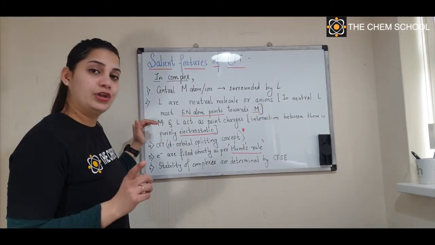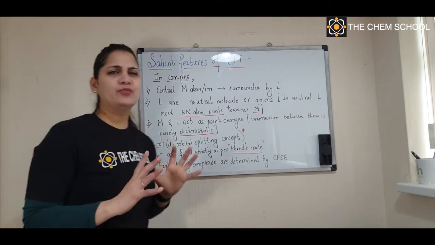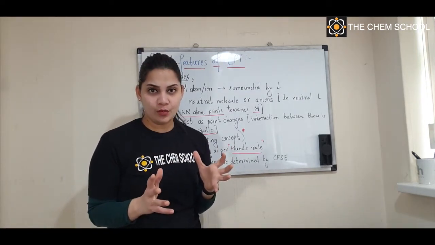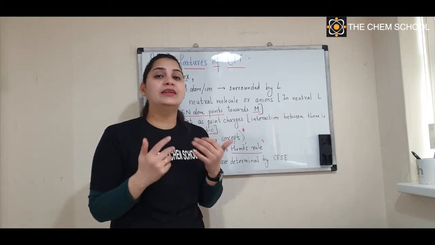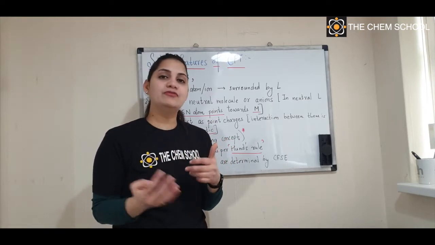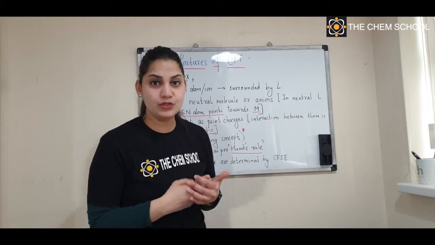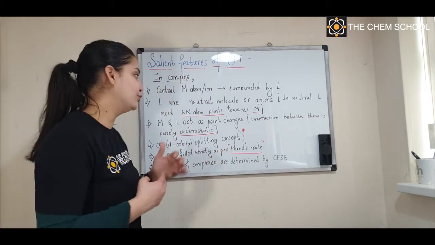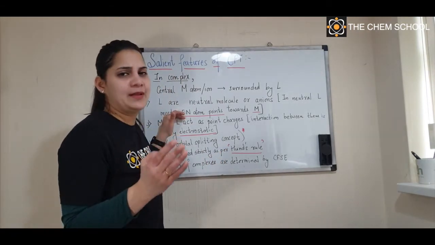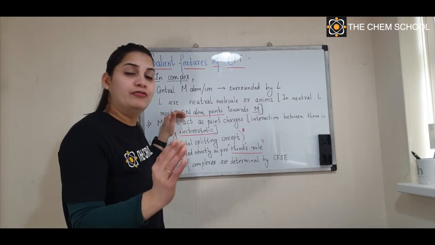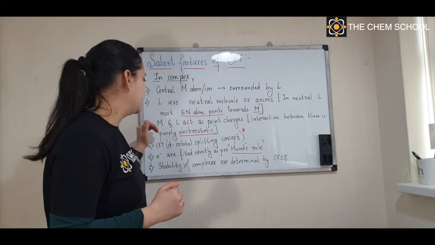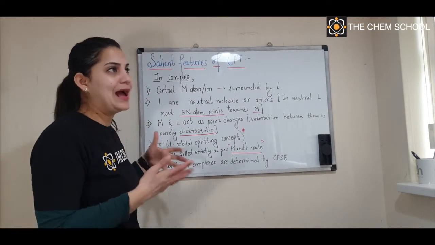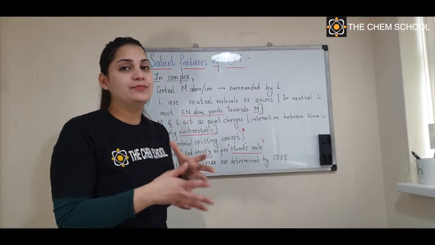The next thing that you need to remember is, suppose you have more than one highly electronegative atom close to each other, then the more electronegative one will most of the time be pointed towards the central metal atom. CFT was the first to tell this. So I repeat, most of the time the more electronegative atom will be the donor to the central metal atom.